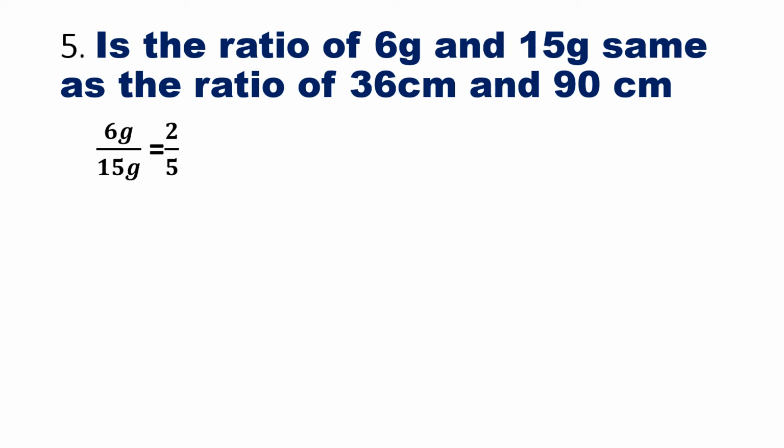So we know that 6 is divisible by 3, and 15 also is divisible by 3. So I'll just cancel the gram and gram. Unit will be cancelled. Then 3 twos are 6, isn't it? And 3 fives are 15. We say the table and we cancel it. So what do you get? Answer as 2 by 5. Okay, so the answer is 2 by 5 here. Now let us see the next part.